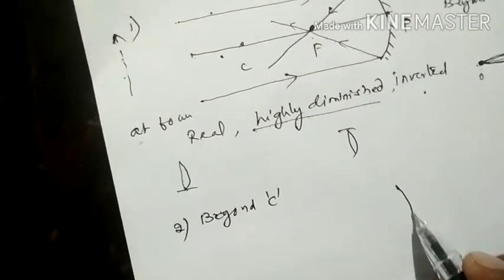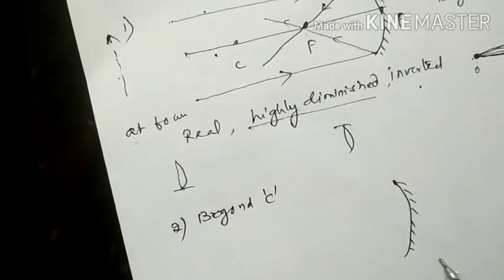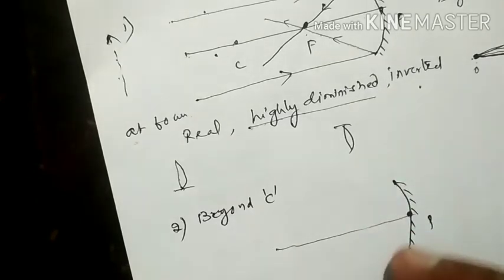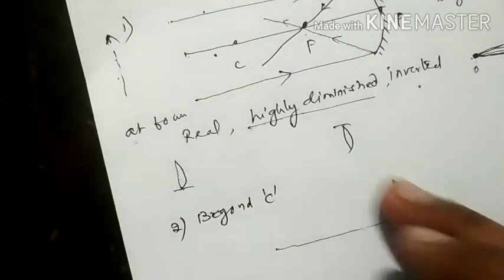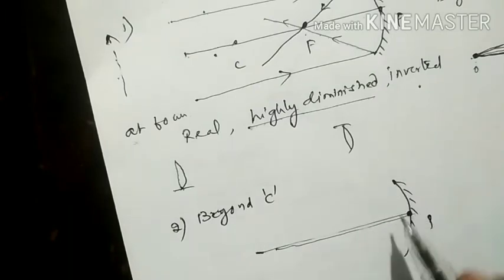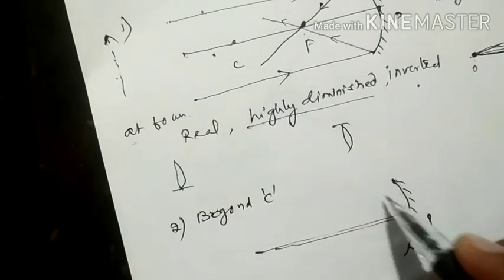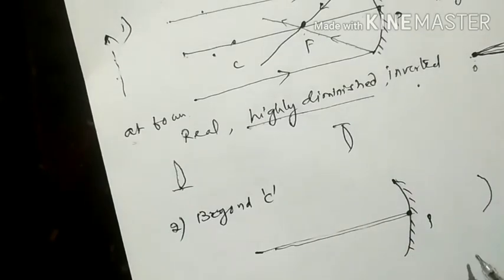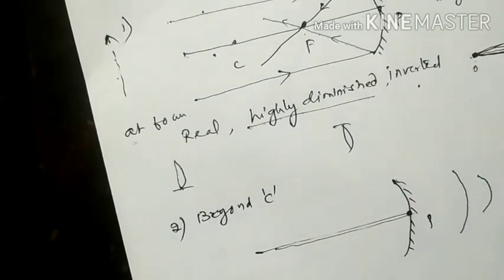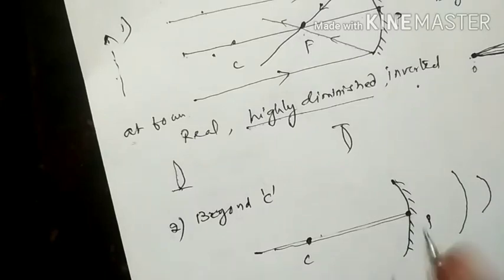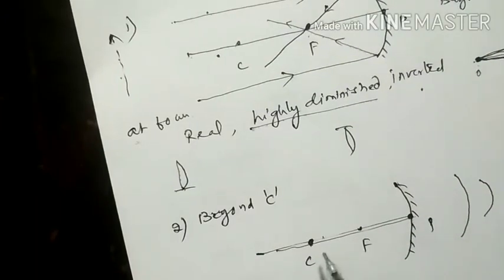When you place the object beyond C, what light rays are you going to consider? When you draw the mirror, take it as having a very large radius of curvature. Don't draw the mirror with a round object such as a bangle or any curved object. Try to decrease the curvature, not increase it. Increasing the curvature means it is curved like this. To decrease the curvature, you draw a bigger mirror like this, so that the center of curvature is at a very large distance and the focus is here. I am considering an extended object, because only then can we understand.